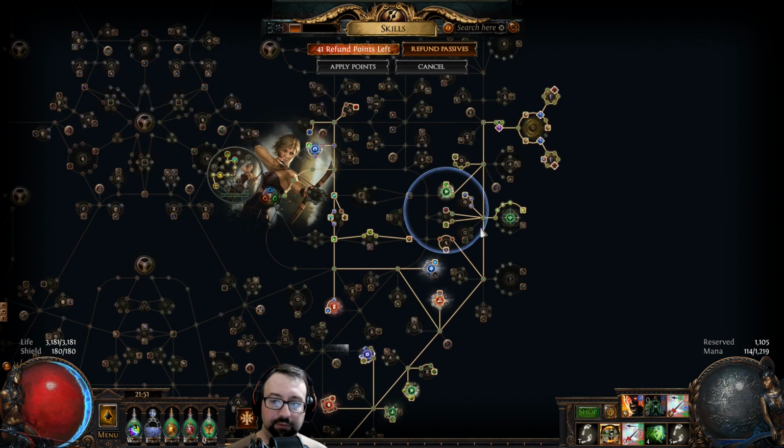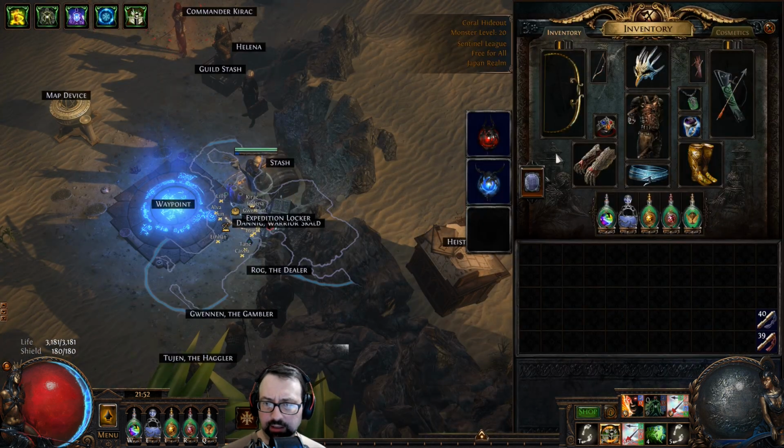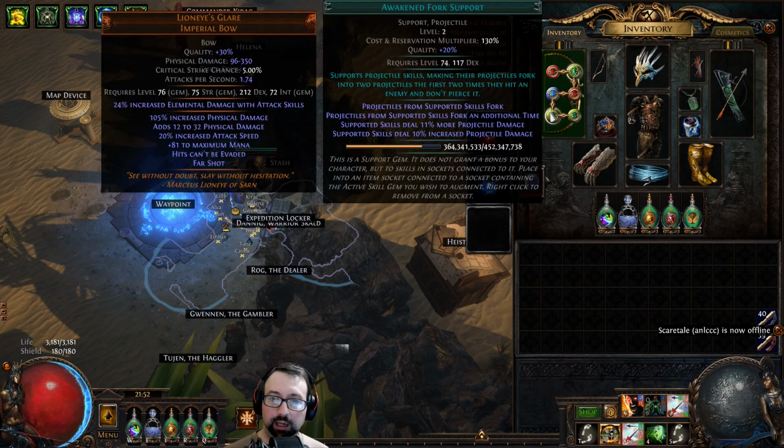Let's see, I have swapped a few things around, though I actually need to talk about my gear before I really talk about that. So let's get into it. The other major change, this would probably be major change number 2, is a grand shift from pure elemental to physical to element conversion. And this is done through